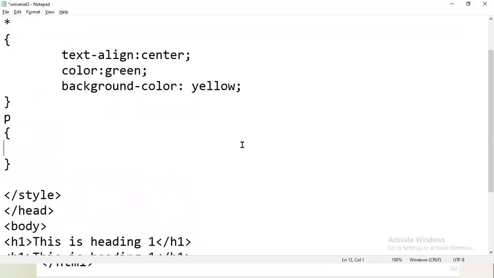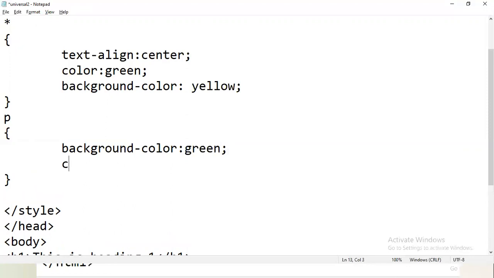I am going to specify the properties for the p tag. For example, the background color is green, and the font color I want is white. Okay, so I'm saving it.